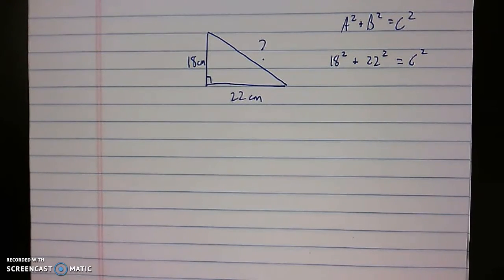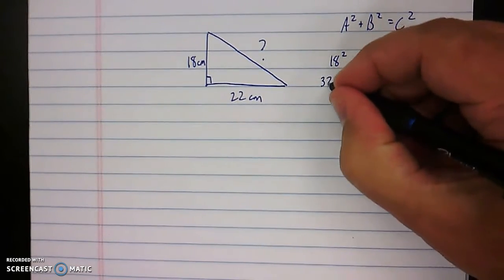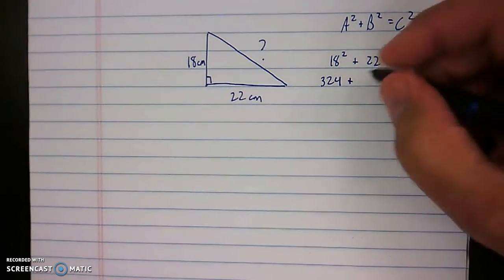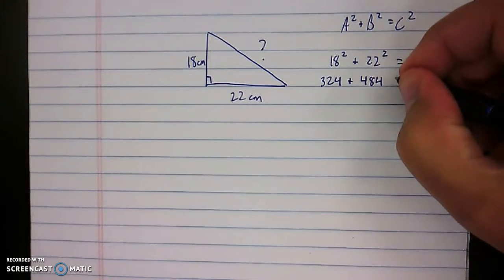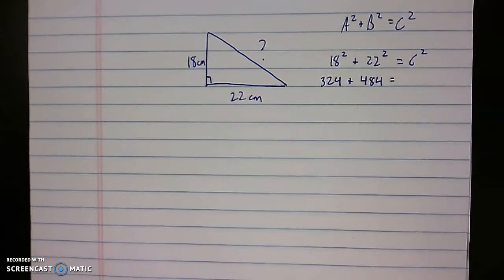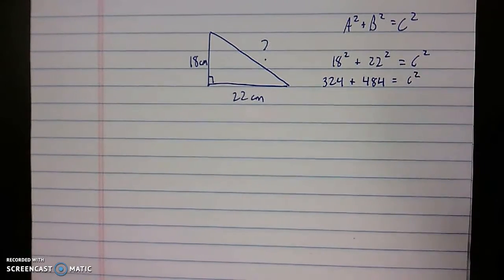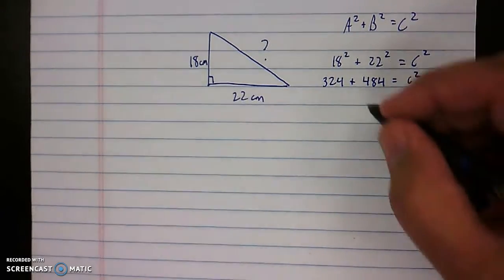Punch the numbers into the calculator. You'll have 18 squared, which is 324, plus 22 squared, which is 484. And for those of you that like being efficient, you can actually punch that all in one shot into most calculators. 18 squared plus 22 squared, and that'll give you the solution to that all in one shot. Equals c squared. Add those values together, you'll end up with 808